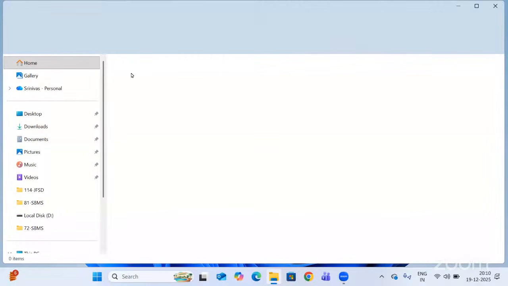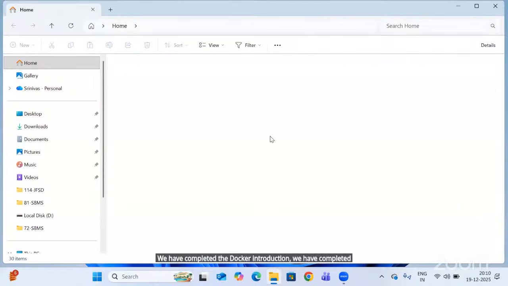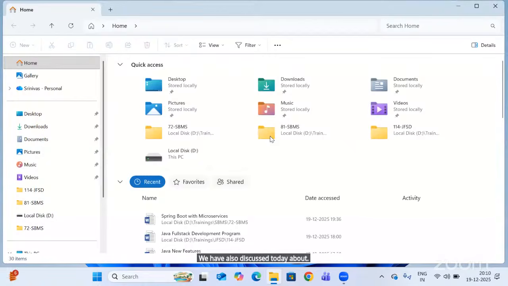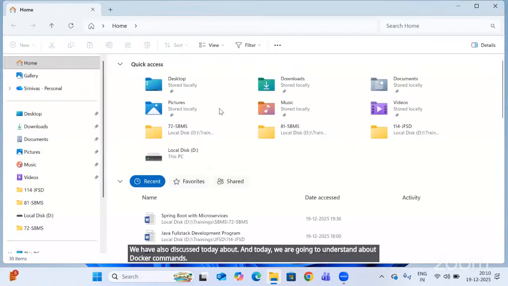So in the last Docker virtualization and container session, so far what we have discussed is we have completed the Docker introduction, we have completed the Docker installation. And today we are going to understand about Docker commands, and we are also going to understand about Docker file,